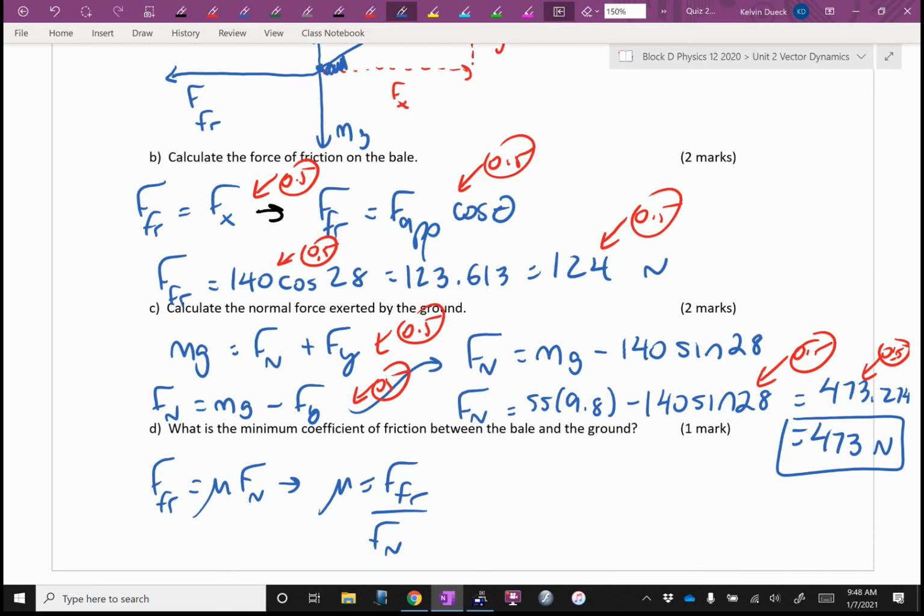Oh! So I will say this. If you got B or C wrong, but for part D you took your answer from B and divided it by your answer from C, I would give you 1 mark for part D. Anyways, it's going to be